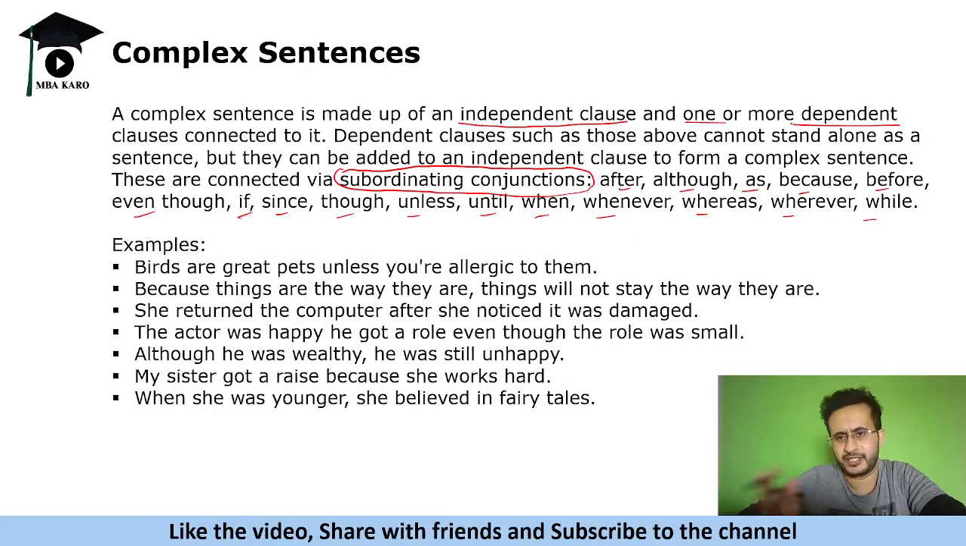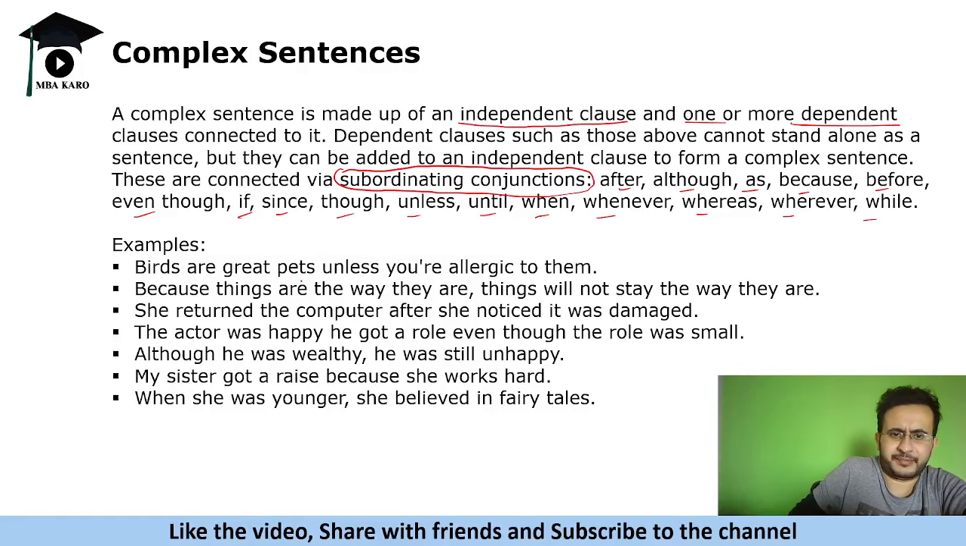And now let us see the clauses. So, birds are great pets unless you are allergic to them. Birds are great pets is your independent clause. You are allergic to them is dependent, so it cannot exist without this. So this is a necessary one. It is independent because things are the way they are. Things will not stay the way they are. So whatever comes with these conjunctions, like because, के साथ ये part जुड़ा है, so this is depending on that,